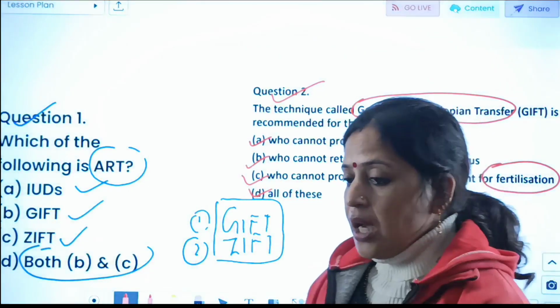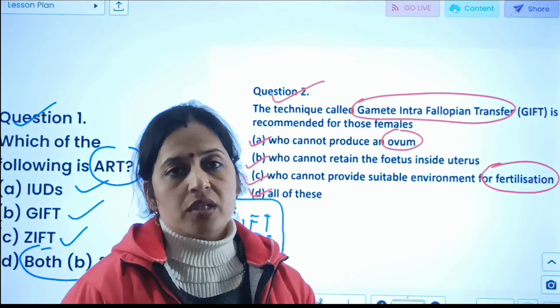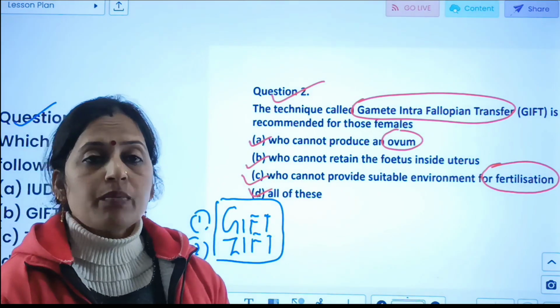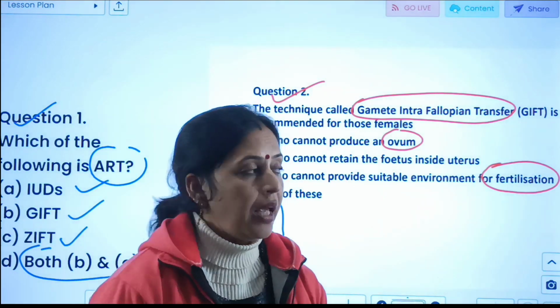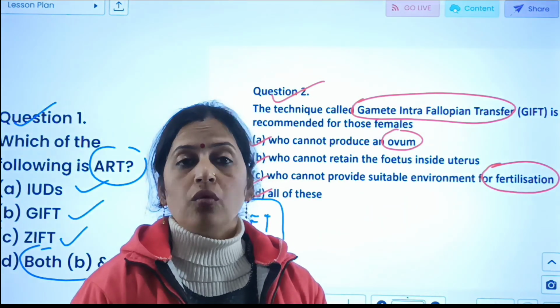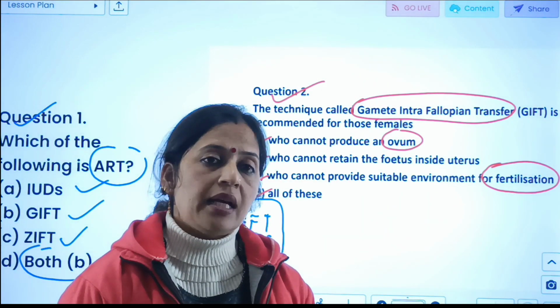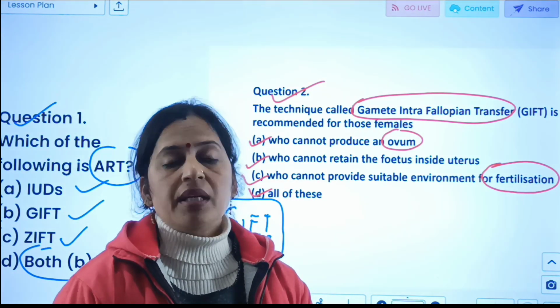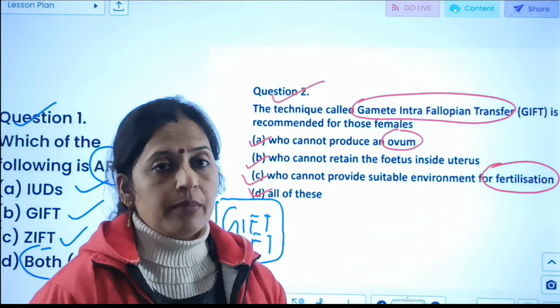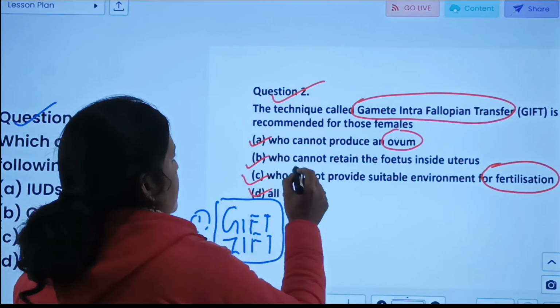So जो आपकी टेक्निक है, कल भी हमने पढ़ा था, gamete intrafallopian transfer की, ये टेक्निक जो है ये स्पेशली उन फीमेल्स के लिए एप्लीकेबल है those females who cannot produce an ovum, जो females ovum को produce नहीं कर पाती है, that means at that time the technique that is GIFT or gamete intrafallopian transfer is applicable for those females. So here the right answer is